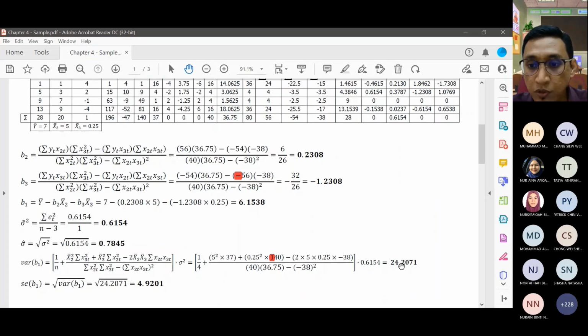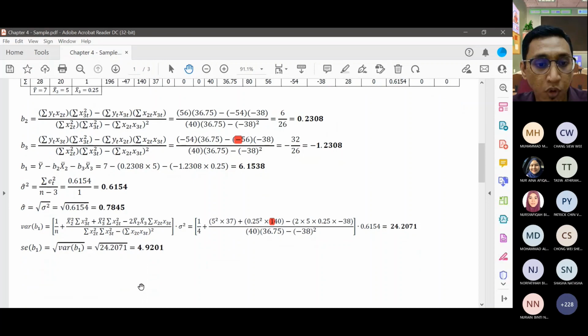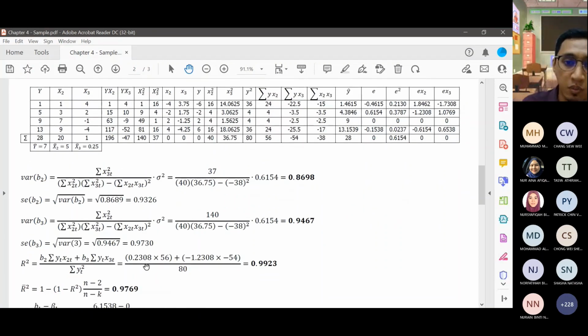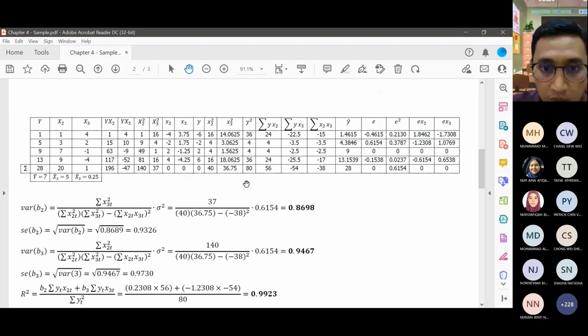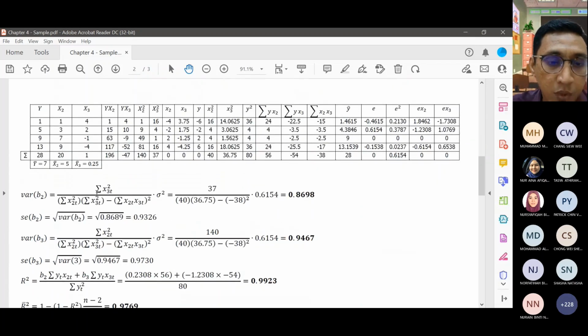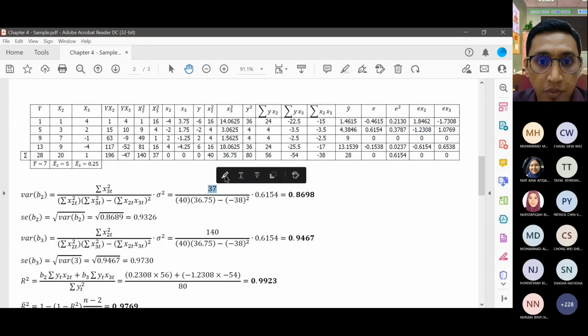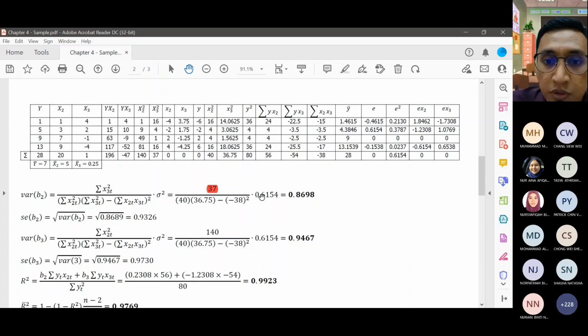We square root this 24.2071 to get 4.9201. We repeat the same thing in estimating the variance, meaning we do the same thing by referring to its specific formula and plugging each value into the formula based on the table that we have constructed. Okay, the same denominator. And then here we have the numerator, which is the sum of squared x3, 36.75. Another typo here. Sorry for that. So times 0.6154, we obtain